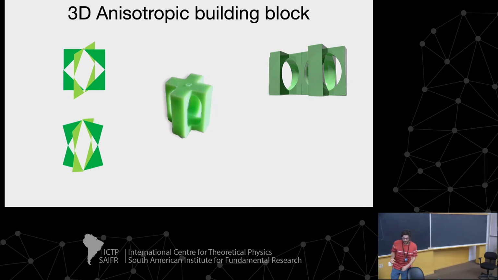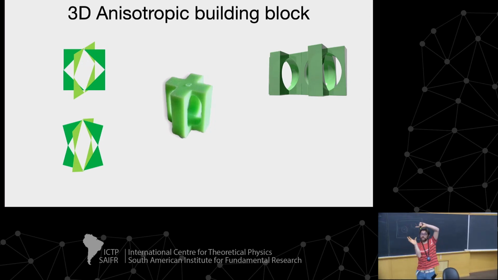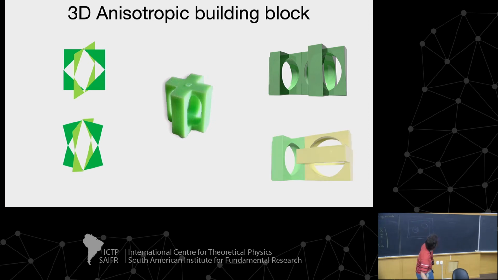But there's something interesting here. Just as in the case of the triangles, we could rotate them to get more interesting features. It's the same here. If you put a building block and rotate it,